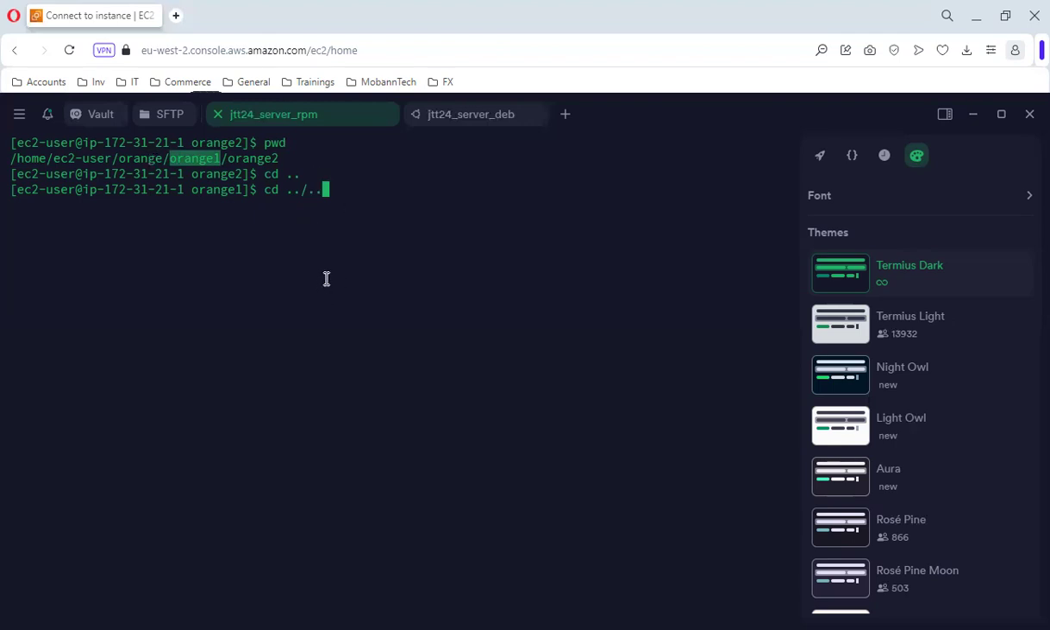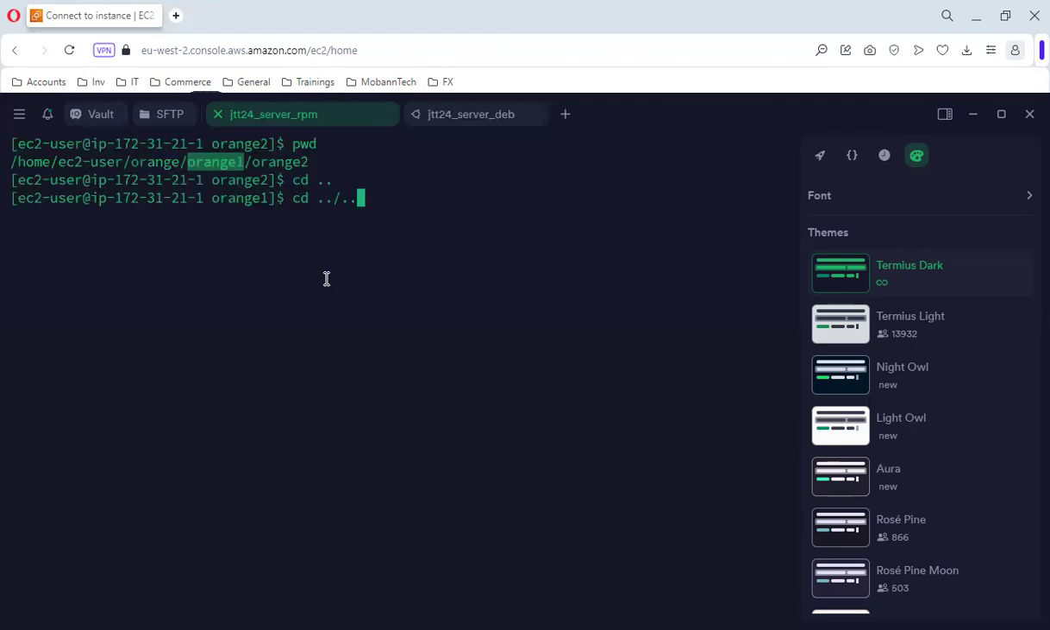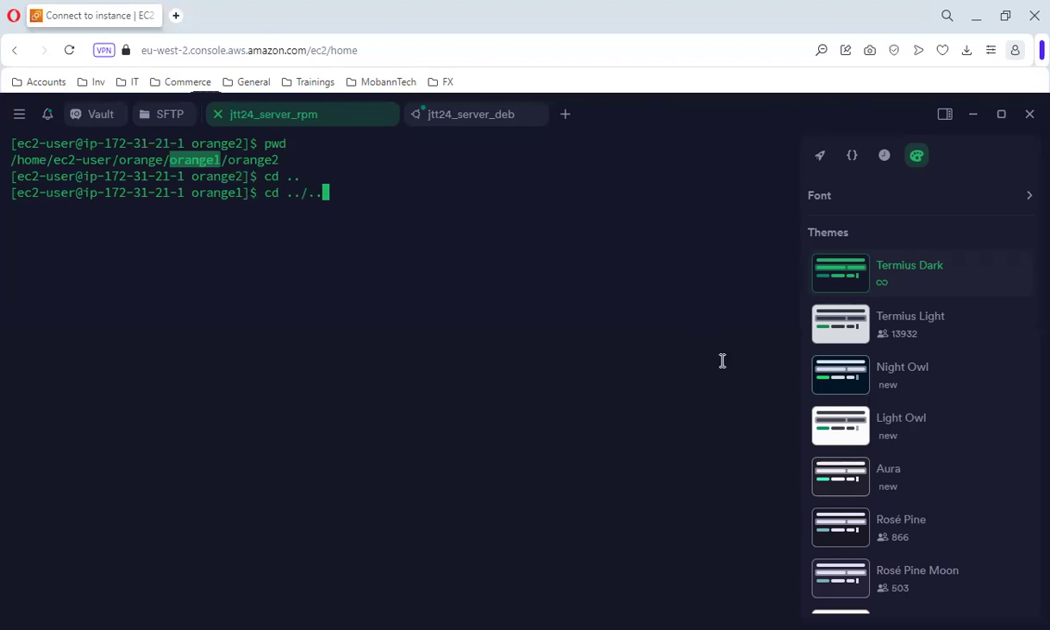Can you see the screen? Question again, if we're in orange one, look at our shell prompt here, sir. What is our current working directory from this shell prompt? Orange one. Beautiful. We're in orange one. And I'm saying if we want to go back by 2 steps,